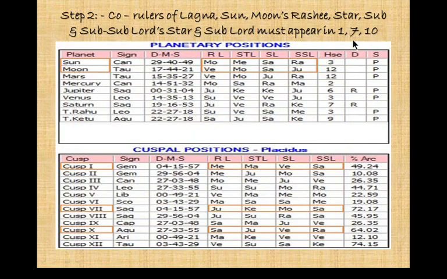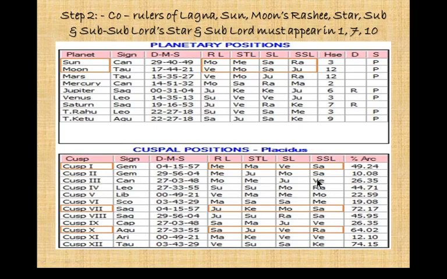So in this table we have to study Sun, Moon and cusp 1. Sun because it's connected to father, Moon because it's connected to mother, and cusp 1 because it's connected to Lagna or the person. So let's study the planets of Sun. When childbirth happened, Sun was in Moon's Rashi. So let's study Moon. Moon is in the star of Moon and sub is Saturn.